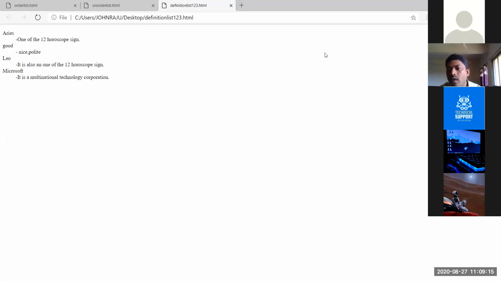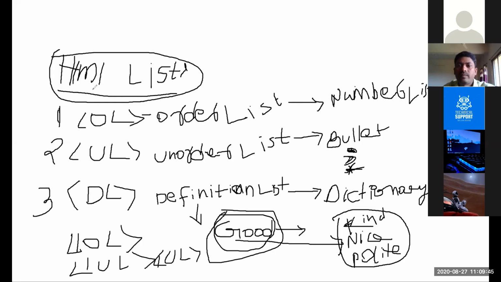Any doubt? No, sir. Next class we will see the forms, most important forms, and how to create them. For example, suppose there are login forms. In login forms, how to create registration forms. In the registration forms, I'll slowly explain just the concept a little bit. What is the meaning of forms? In the next class, we'll see the program. So this is the previous class: just a tag, that means HTML lists: ordered, unordered, then definition list, and how it works. Now we'll see about the forms.